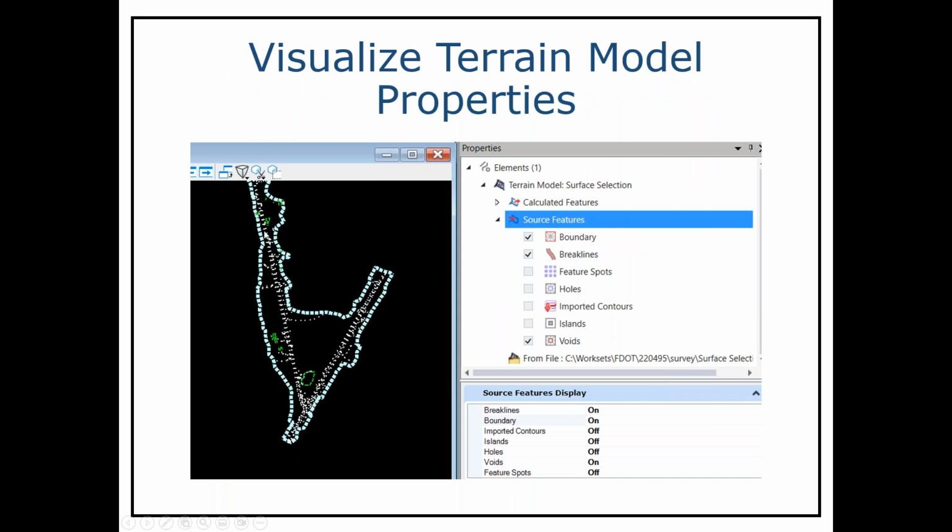It will look something like this. These are some spot shots that have been visualized, and it shows break lines right here, but these are just spot shots. But you can see break lines on and boundary on down here, voids on, and it'll show up like there's a void right here, and they will be white and they will be featureless,